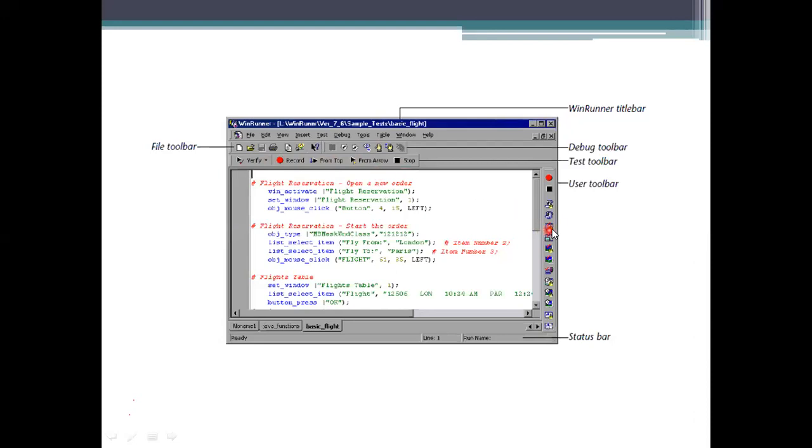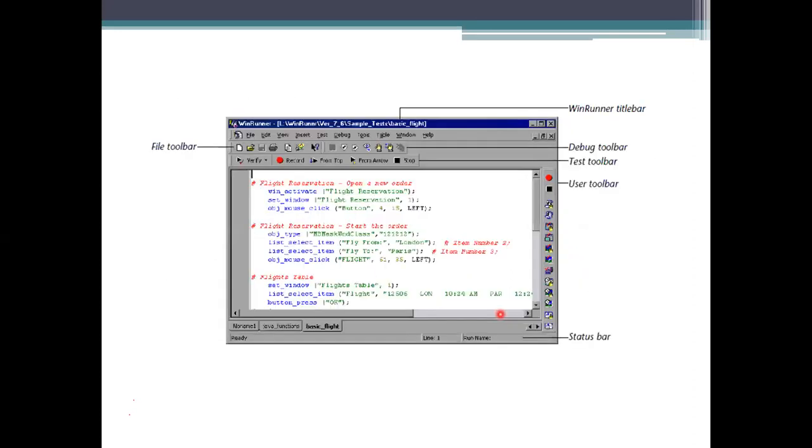And coming to the next one, here is the user toolbar. The user toolbar has many options; complete information is there in later slides. So this user toolbar provides all the tools which could be used for running the test case or creating the test case. And also the last one here is where the current status has to be displayed, so this one here is the status bar.